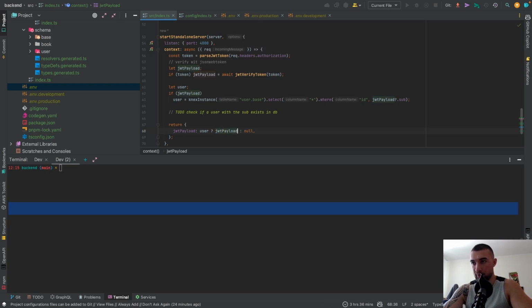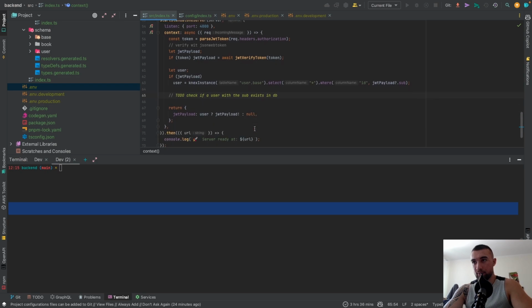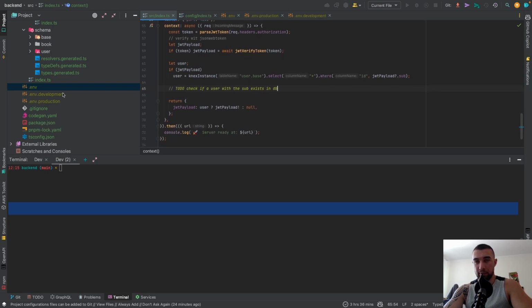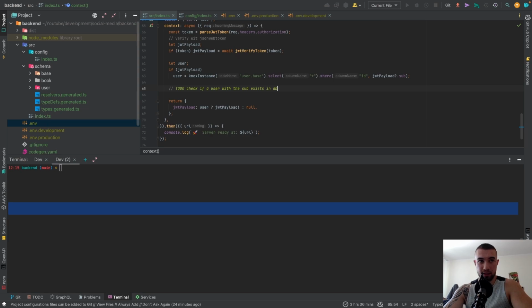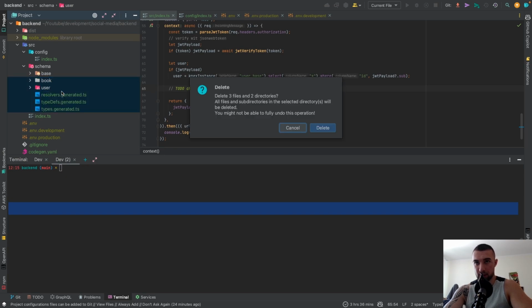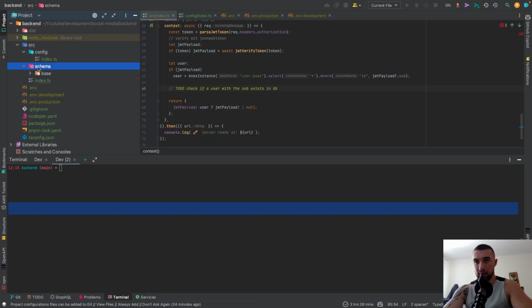So we can enforce with an exclamation mark that this can't be undefined. So it works, nice. Let me now remove the previously defined schemas, the book and user, and let me